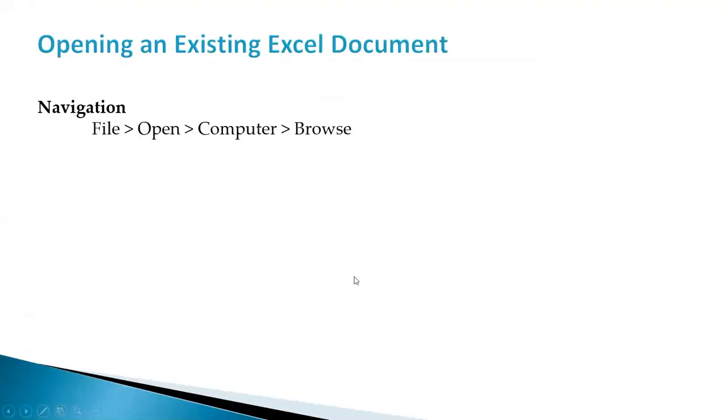saving our documents. Then we could also want to open an existing Excel document, and from the start, we actually showed the navigation for opening an existing Excel document. This is done at the open tab. We said that the open tab can be used to open worksheets or workbooks that are already existing on our machine or our PC. So you go to the file menu, then to the open tab,